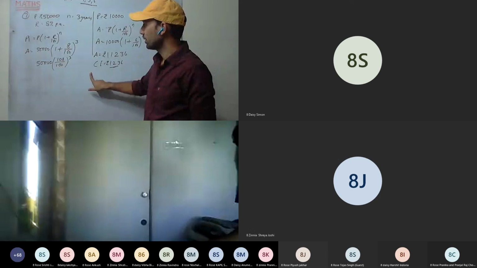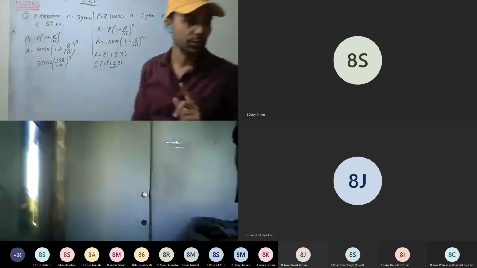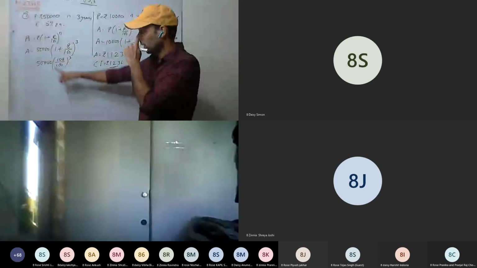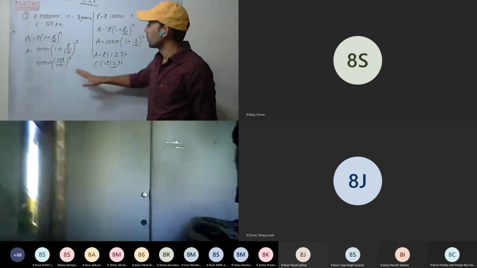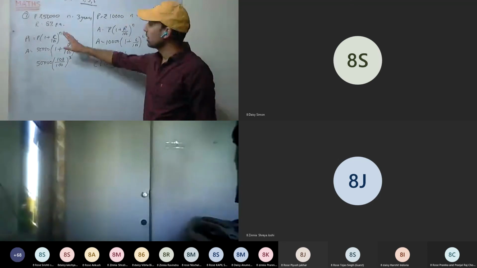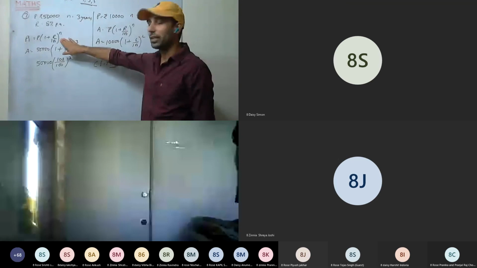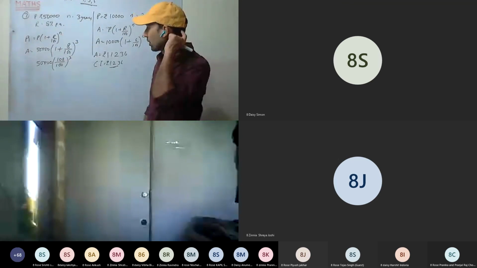So these questions are clear. 7th question is clear. You get the amount, then compound interest. If the question is asking compound interest, what is the value of investment? No, compound interest is not asked, so no need to tell. So only amount it is asking. In this question, basics are clear, and you can calculate how to use the formula. You already have understood how we have derived this formula.